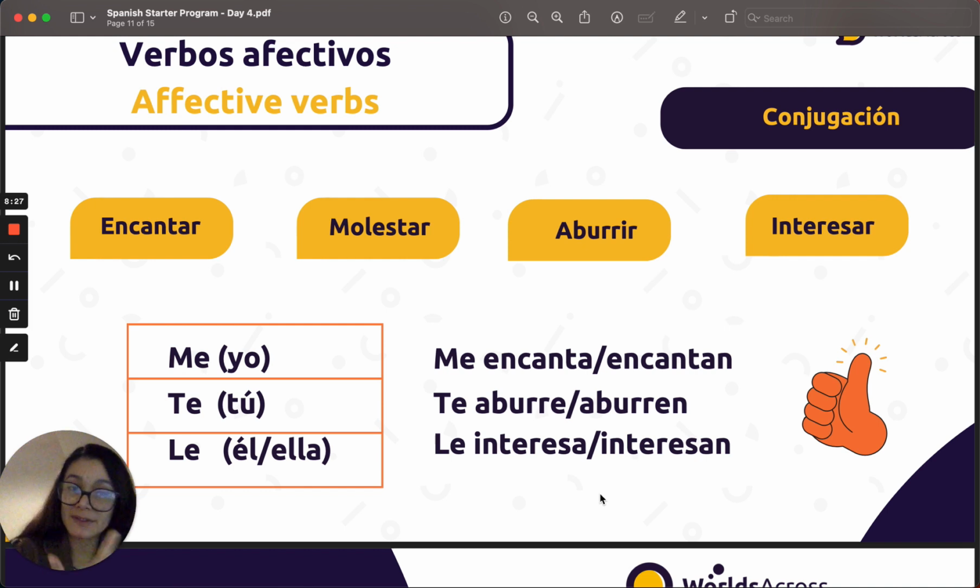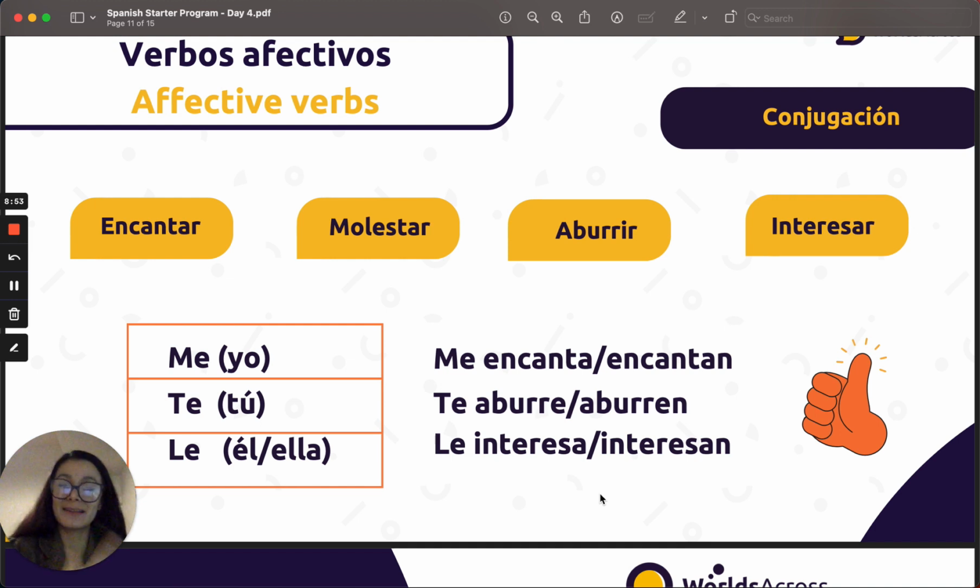It bothers me, right? So, since it affects me, it's always conjugated with a. And if I want to say something in plural that affects me, I would have to change the verb with an N, because it's not because of the subject. It's about the object that affects something. And since it's plural, then I would have to agree with an N, okay? So if I want to say, for example, los chocolates, I would say me gustan los chocolates.